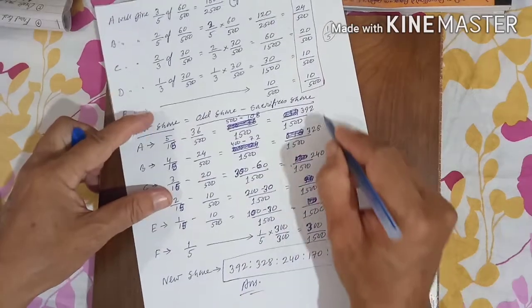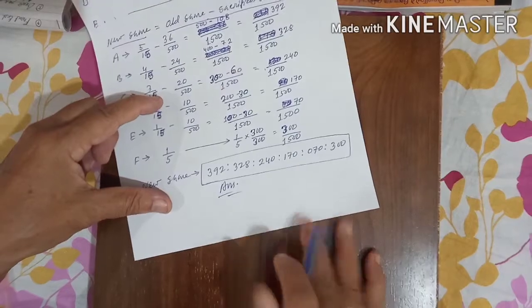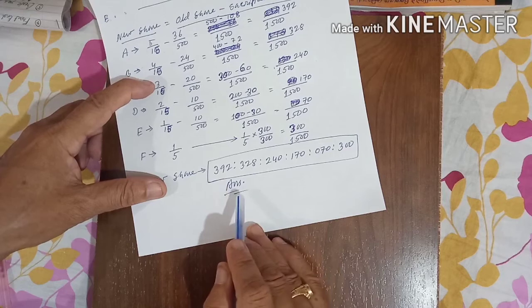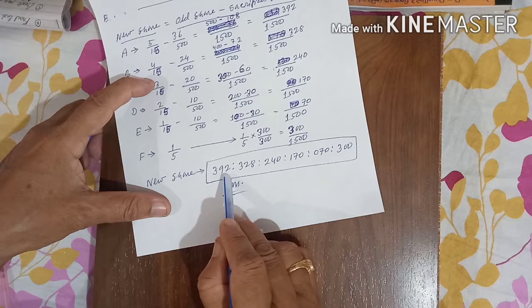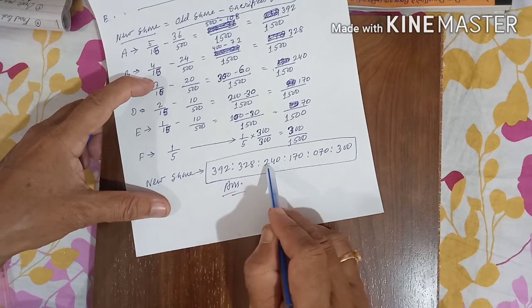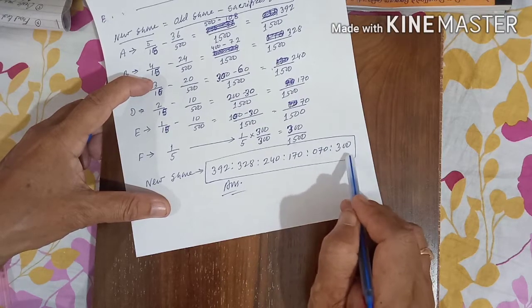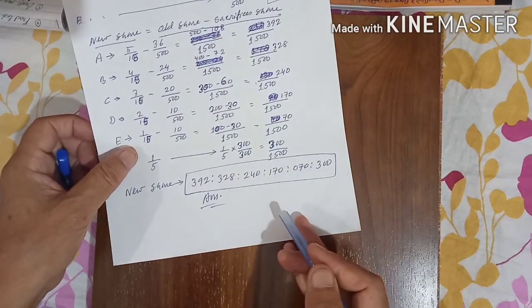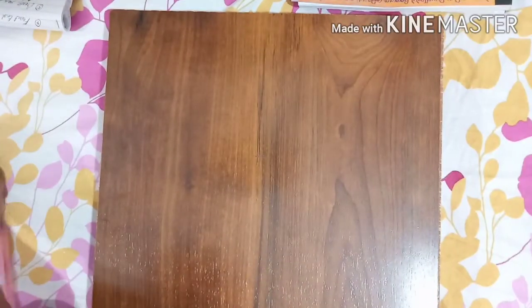Correct? So this is the ratio you are getting. Odd numbers you are getting, a figure like that you won't find anywhere in your textbook, but you should know how to do it. For that I made this sum extra. My target is always there: what is not given in your textbook, that type of question I want to teach you. So this is 392 is to 328 is to 240 is to 170 is to 70 is to 300. That is your answer. By seeing this answer you may get confused, but an answer like that may happen. Yes, of course, it may come. That also you have to practice.